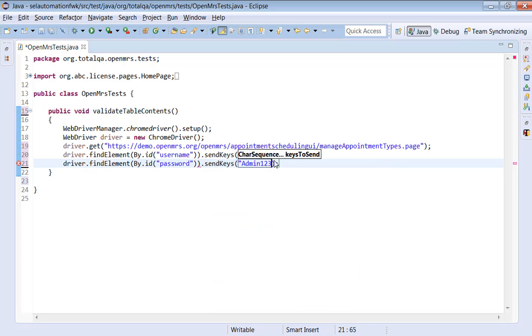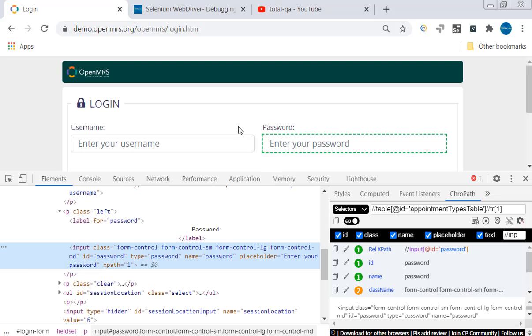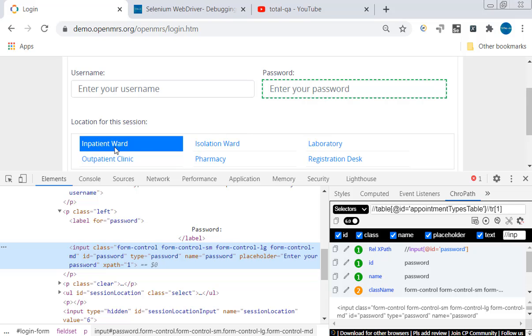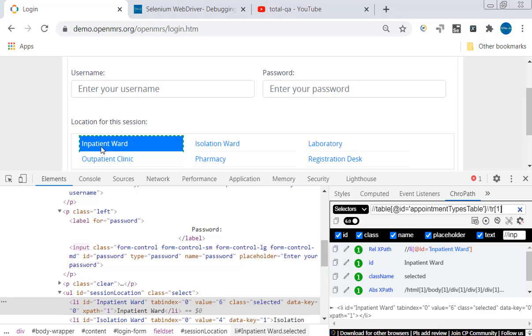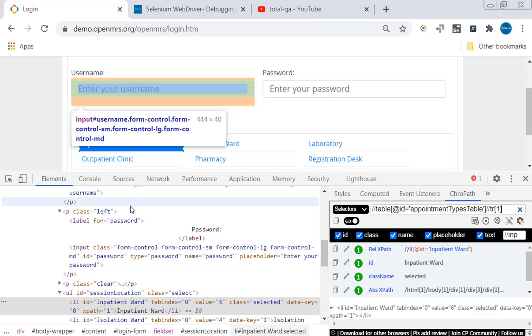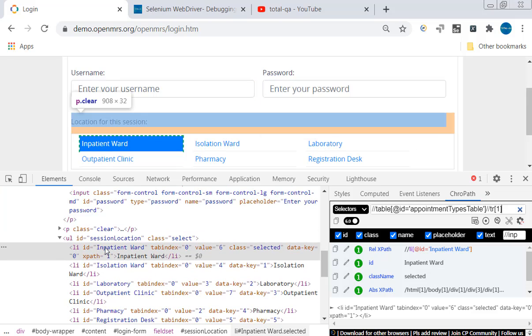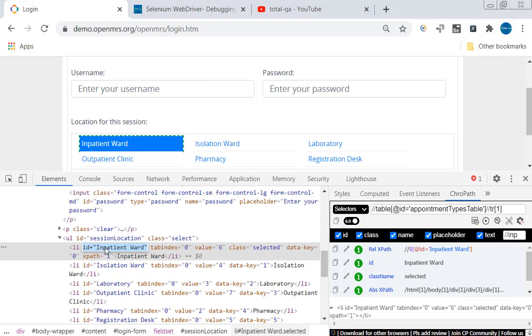The password is admin123. Now, once we provide the username and password, the next step is to click on inpatient ward. Identify the properties of the inpatient ward. The inpatient ward also has ID equal to inpatient ward.